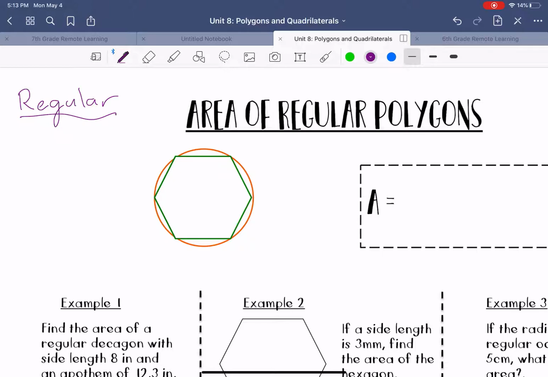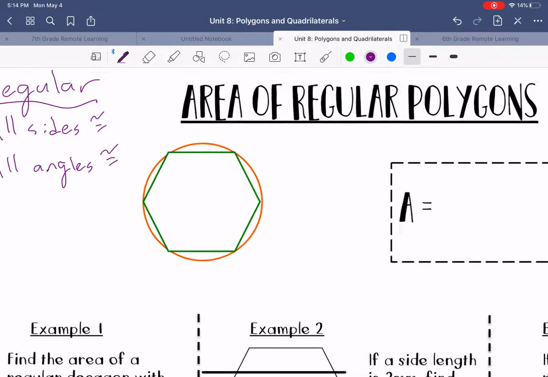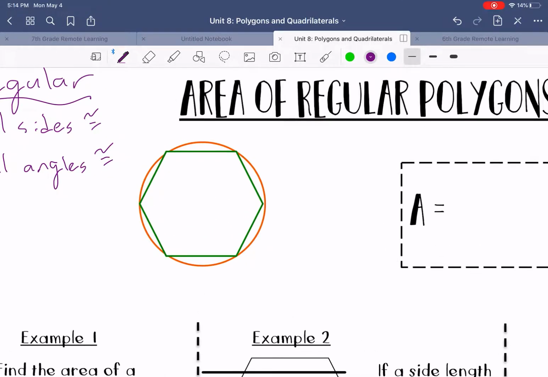There are two things that have to be true in order for a polygon to be regular: all the sides have to be congruent and all the angles have to be congruent. So essentially a regular polygon is a polygon that is simultaneously equilateral and equiangular. Then there are a couple other things that we have to know or recognize in order to find the